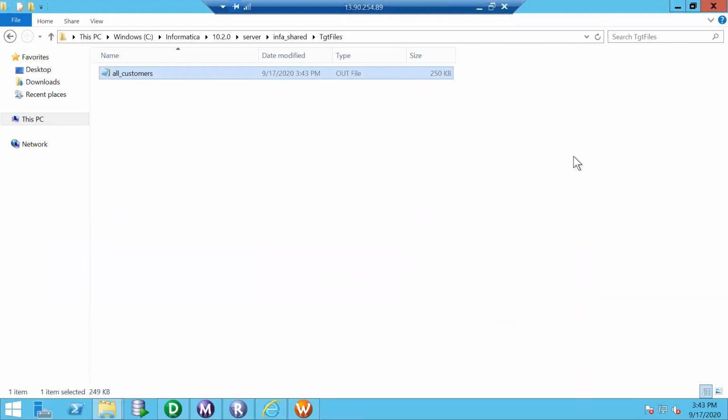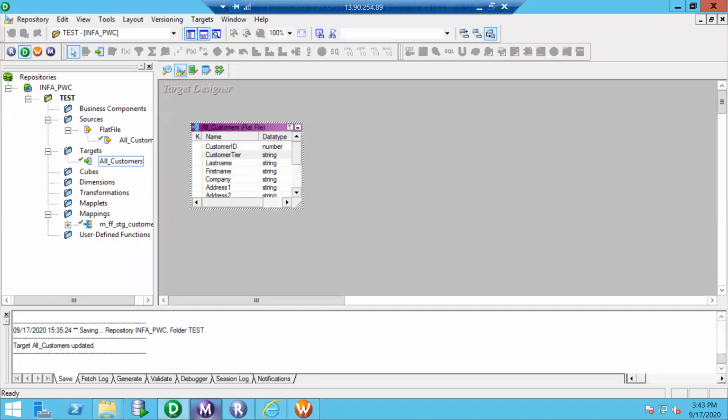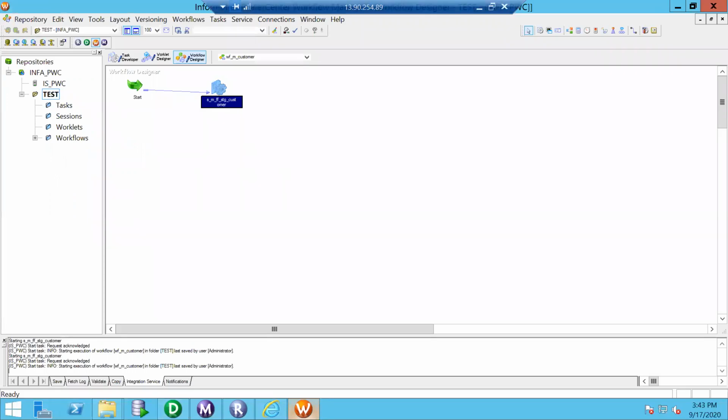So we have flat files, especially delimited. If we want to change the delimiter, that can be configured at the session level, and we can specify double quotes, single quotes, or none at the session level.